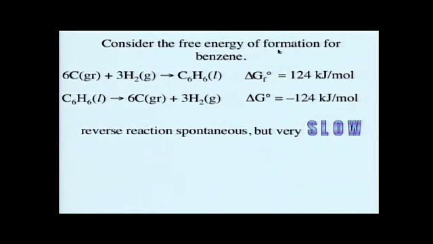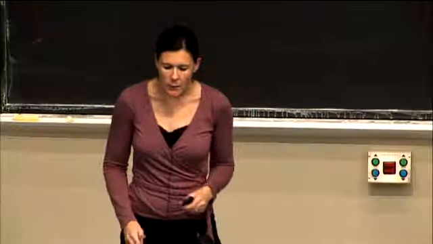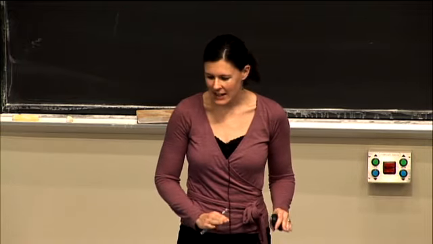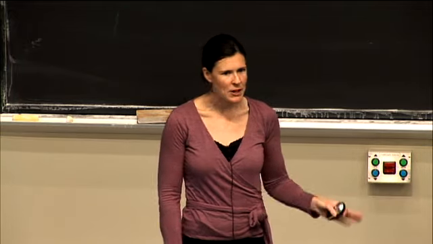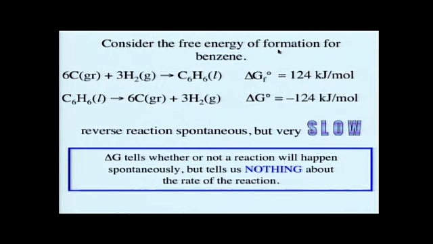So this is just another case, and I'll keep saying this, and when Professor Drennan starts talking about kinetics, she'll keep repeating this as well. What we want to keep in mind is that delta G tells us whether a reaction will happen or whether it won't happen. It tells us absolutely nothing about how long it takes for that reaction to happen. It tells us nothing about the rate of the reaction. We'll keep seeing examples of this, so hopefully no one will be confused by the time we do get to